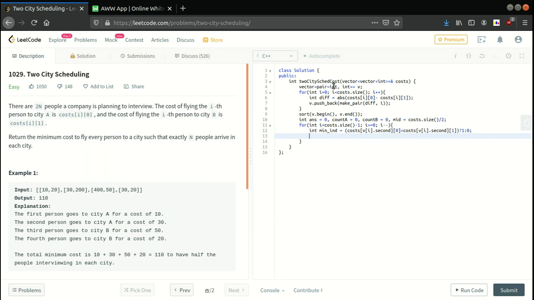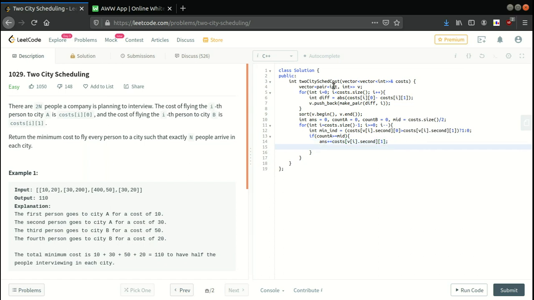Okay, then we'll check if our countA is greater than or equal to mid, irrespective of anything, we are going to the second city. Okay, so costs[v[i].second][1].